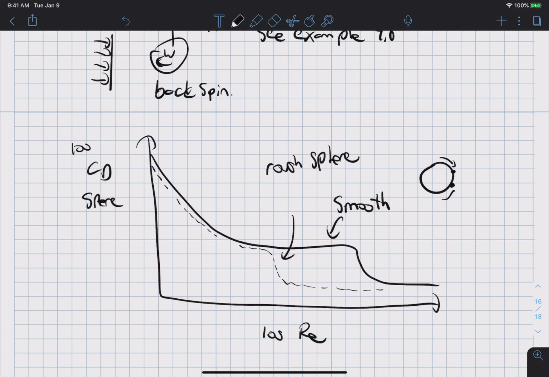And basically this is caused by the flow in the boundary layer in front of the sphere starting to become turbulent. Well, if the sphere is bumpy, the flow in the boundary layer starts to become turbulent at a lower Reynolds number. And so that causes this effect that reduces the area of the low pressure behind the sphere, and that area decreases at a much lower